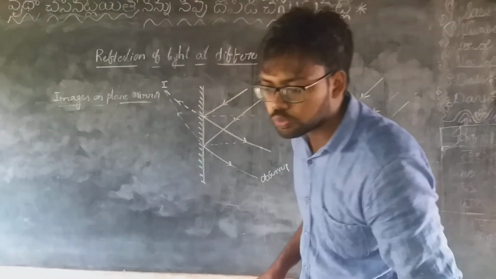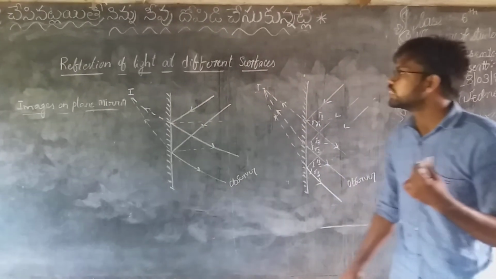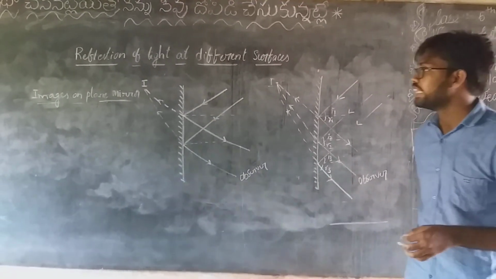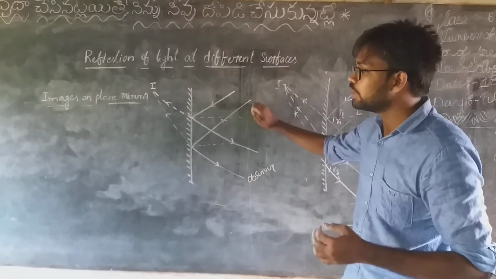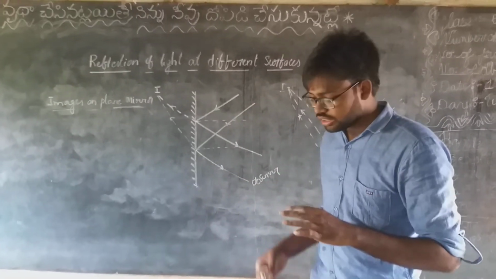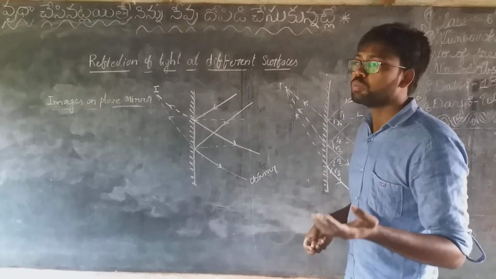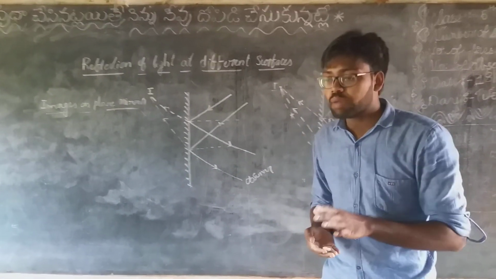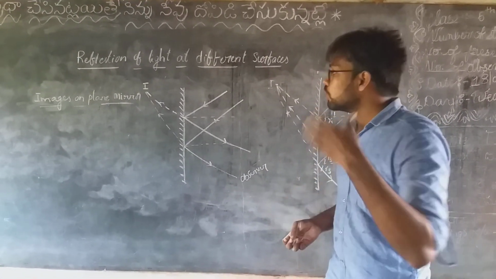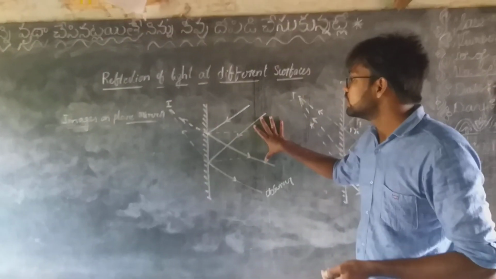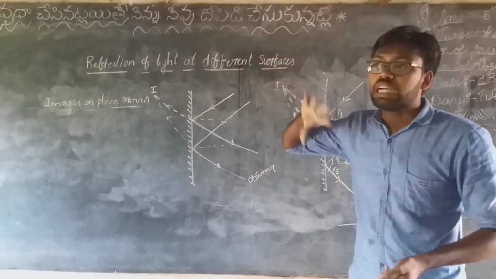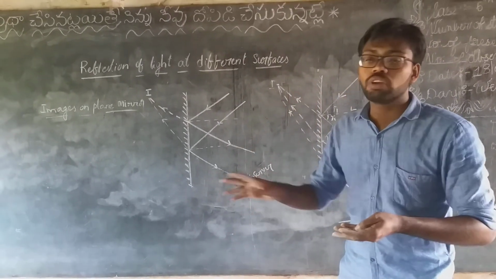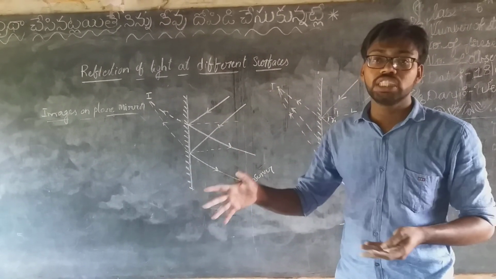It is better to go through all the topics present in the textbook, the second chapter, reflection of light at different surfaces. I just completed only 4 activities. You have the remaining 3 activities. Tomorrow we will complete those 3 activities, and 1 lab activity is also there. So tomorrow we are going to complete all these, and today please complete the assignment and do proper revision for your exams.